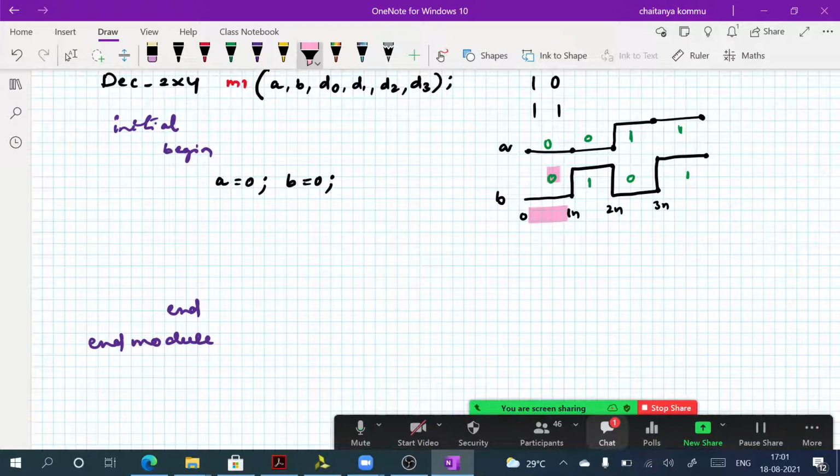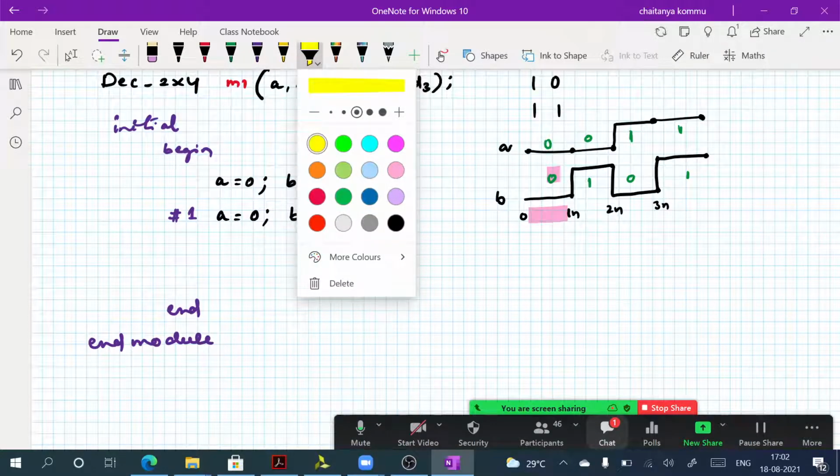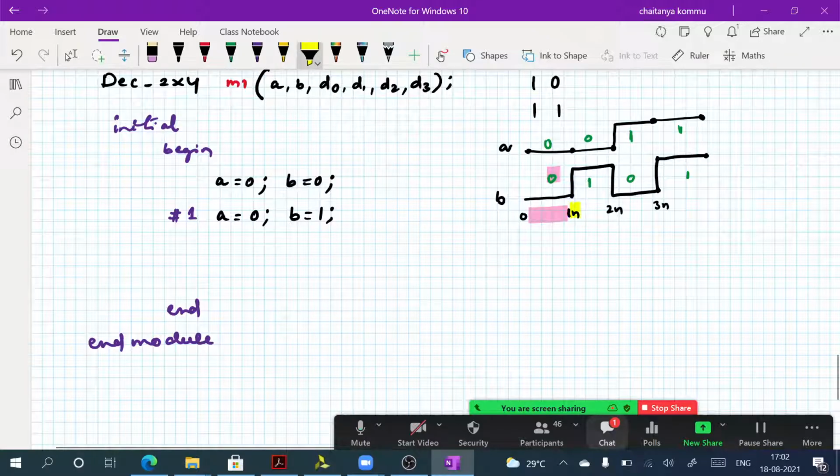At 1 nanosecond exactly, with the symbol that I have to use, a becomes 0, b becomes 1. So at 1 nanosecond you can observe these scenarios. As long as you don't want to change, the value remains there.